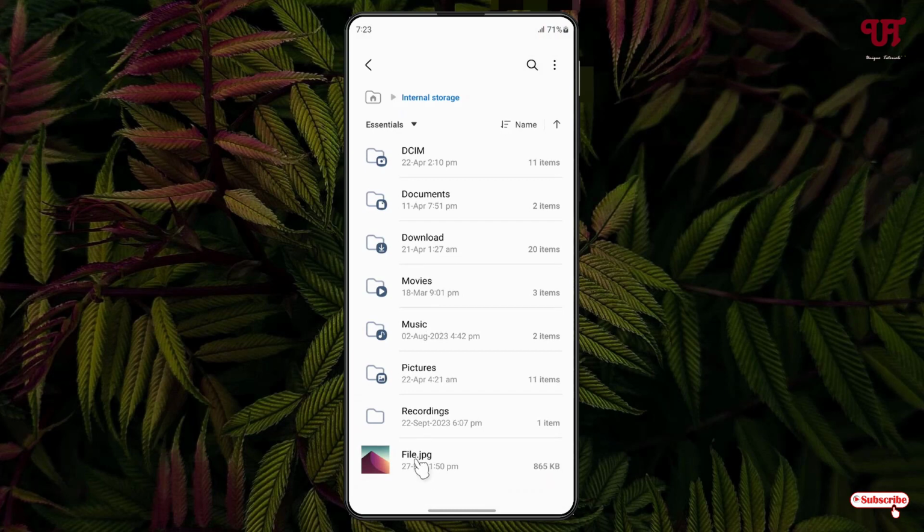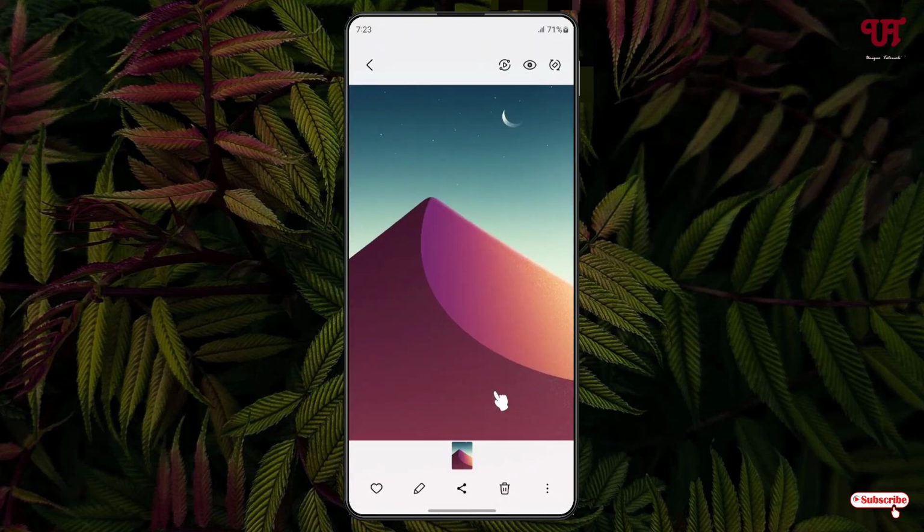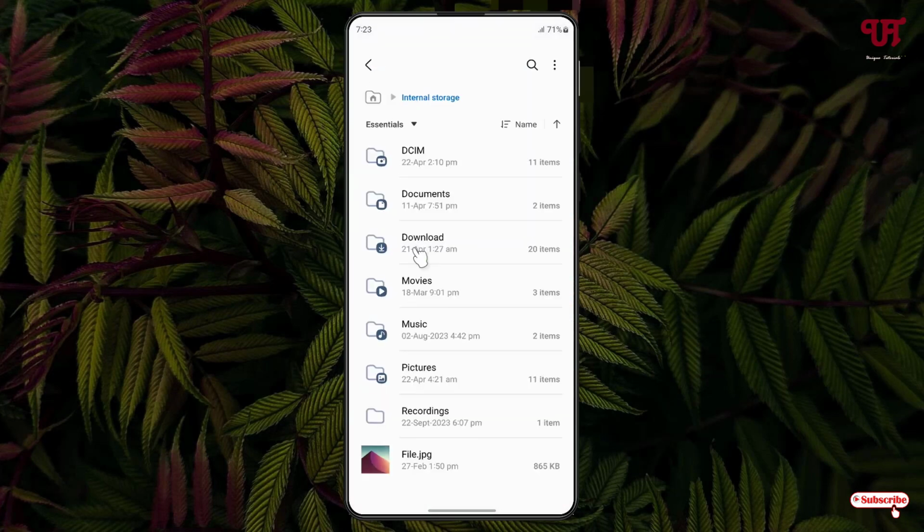Say I have one file here, just to give you an example. Let me try to open it. Now you can see it's an image file. In order to password protect this file, what you need to do is just select this file, and